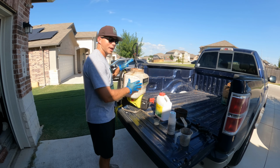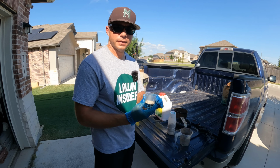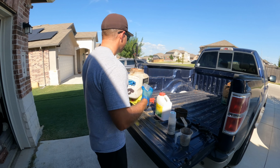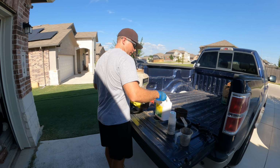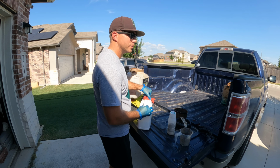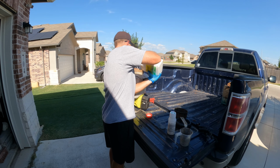Since I've already measured out a half gallon of water here, I'm just going to go ahead and dump the product that I've already measured out as well. This is 1.6 grams of the product in with the water. And then I'm just gonna put a splash of this surfactant. If you don't know, surfactant is